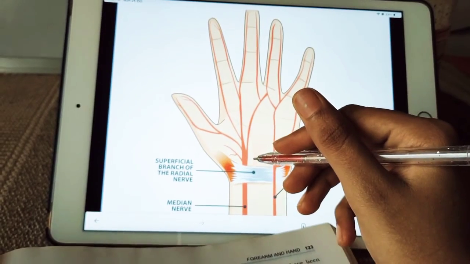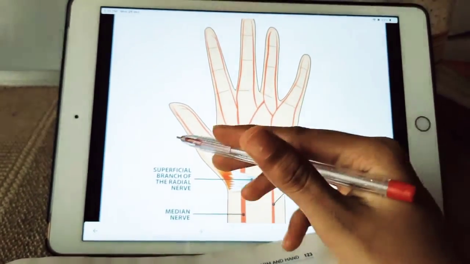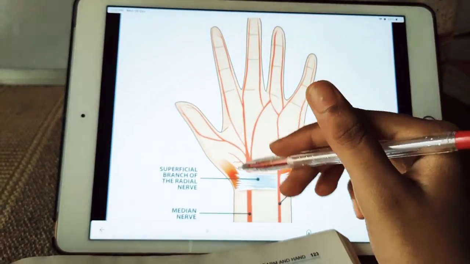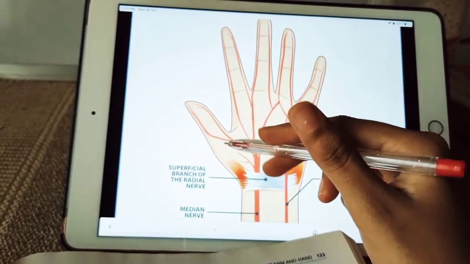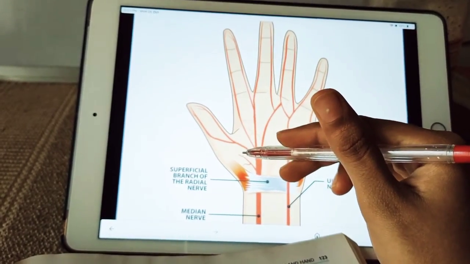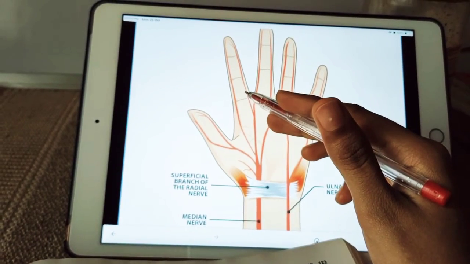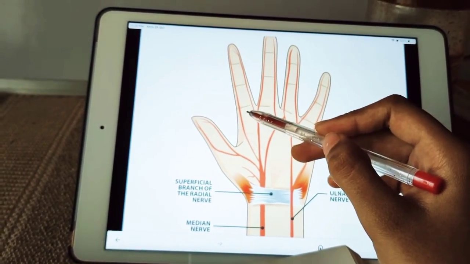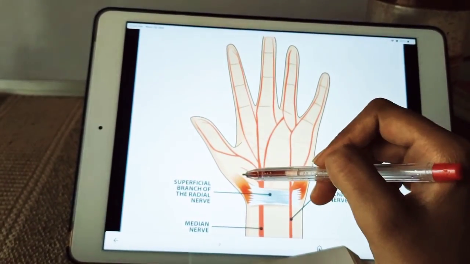Immediately below the retinaculum, the nerve divides into lateral and medial divisions. So it will divide into lateral and medial division. This is the medial division, this is the lateral division. Okay. So the lateral division gives off a muscular branch to the thenar muscles. So this is a muscular branch, this is a lateral branch. Okay, and 3 digital branches for the lateral 1.5 digits, including the thumb. So the thumb and lateral 1.5 digits, this one and a half. Okay, these are mainly lateral branches which are muscular branches.